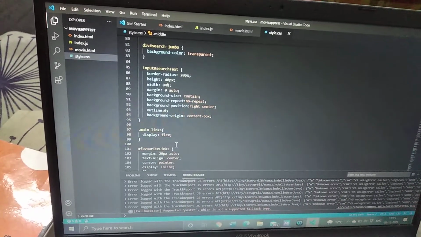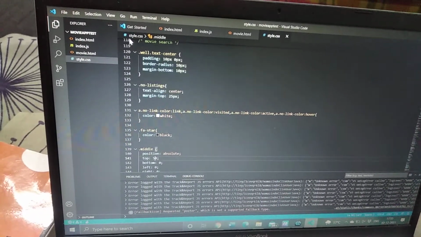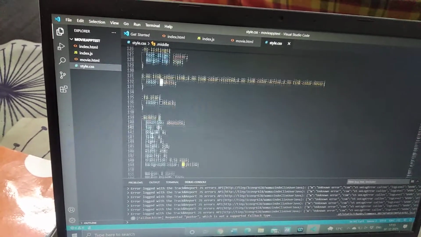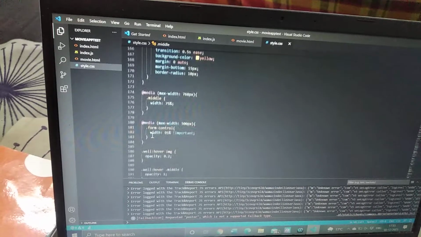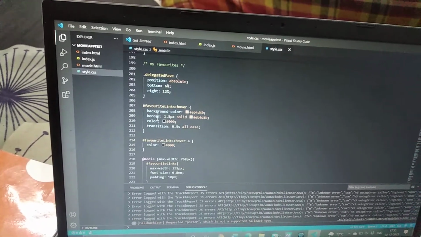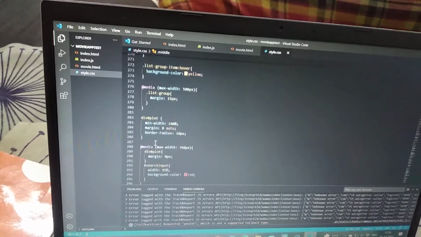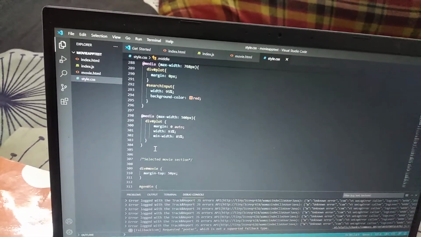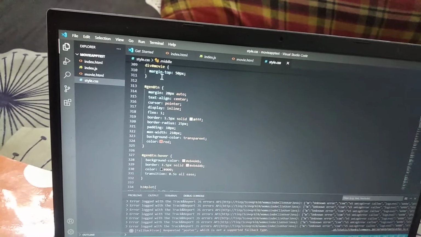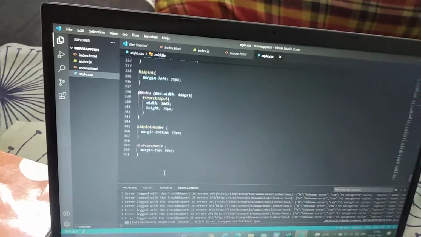This is the search input styling. This is how the movie will be shown. This is the star button styling. And this is how my favorite movies will be aligned and shown to the user. This is the styling of how the movie details will be shown, how the arrangement will be done, and how the IMDb button and go back to search button styling has been added.